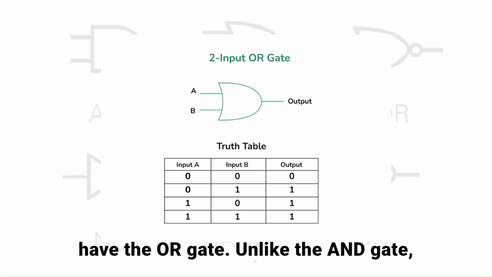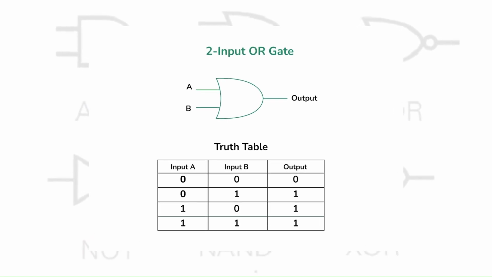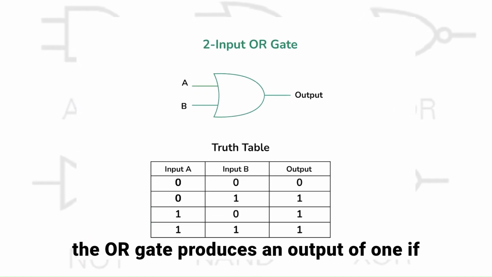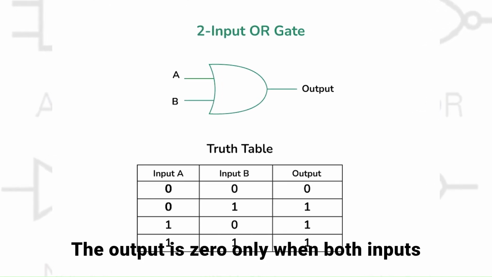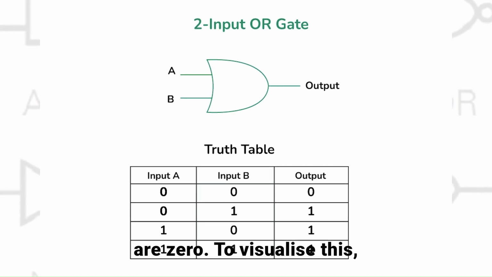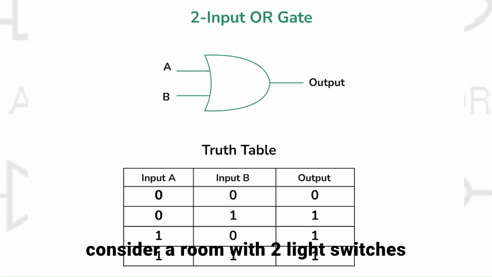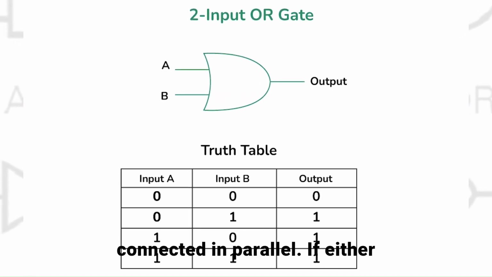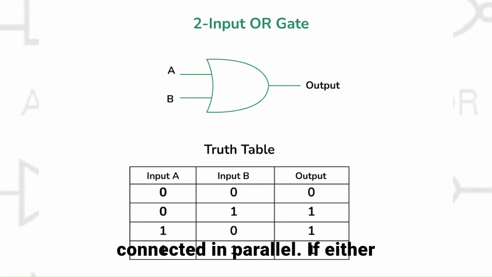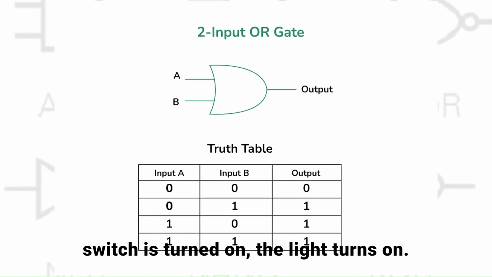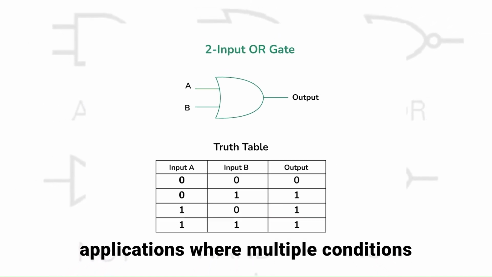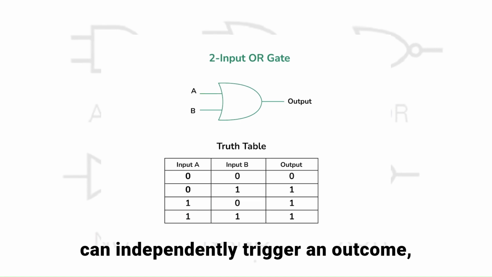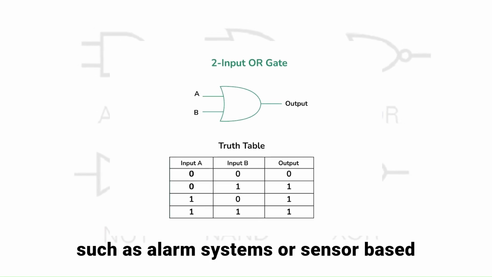Next, we have the OR gate. Unlike the AND gate, the OR gate produces an output of 1 if at least one of its inputs is 1. The output is 0 only when both inputs are 0. To visualize this, consider a room with two light switches connected in parallel. If either switch is turned on, the light turns on. This behavior makes OR gates useful in applications where multiple conditions can independently trigger an outcome, such as alarm systems